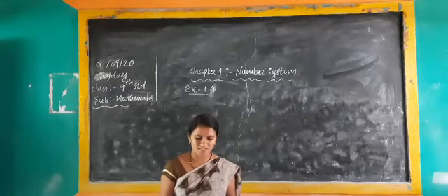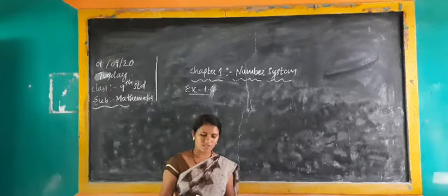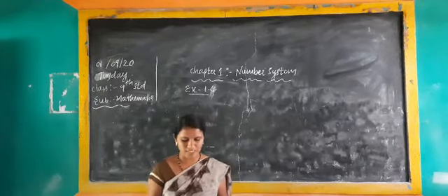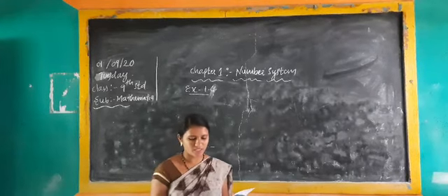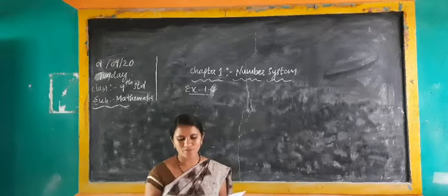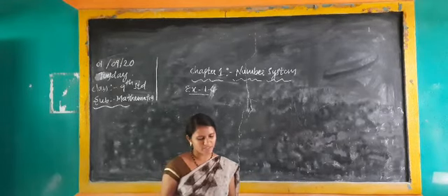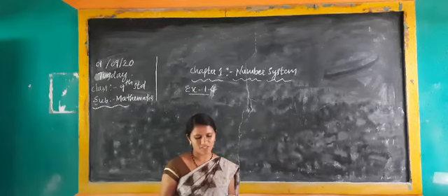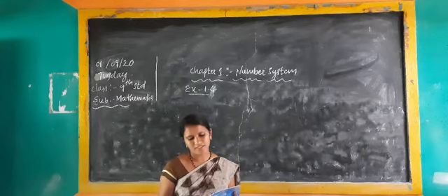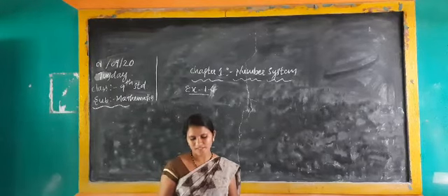Last class we discussed exercise 1.3, all the problems we solved, and now we solve exercise 1.4. In the first question, visualize 3.765 on the number line using successive magnification. Here they give an example, see page number 17. Successive magnification means, they gave 5.37. Here you have to find how many digits 3.765 has.